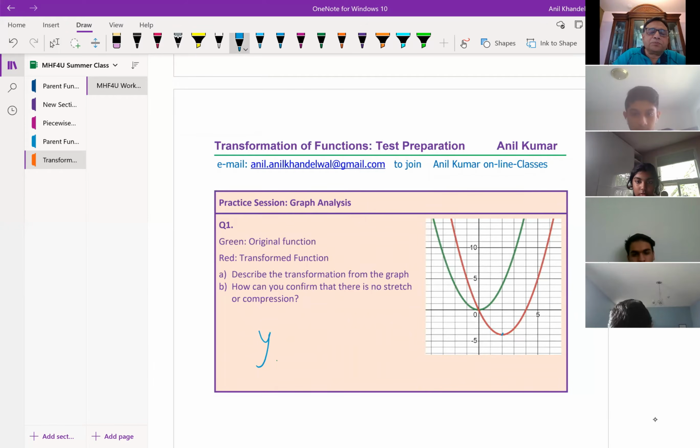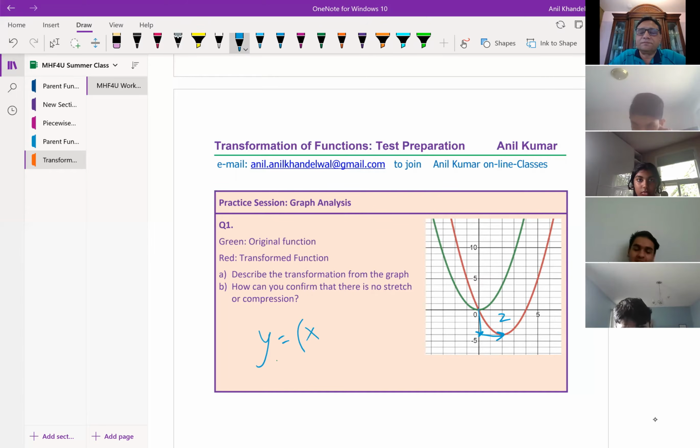Y equals x squared minus 4. That will bring the graph only 4 units down, correct? It has also translated, correct? So what should it be? Yes, translated 2 units. It's going to be y equals